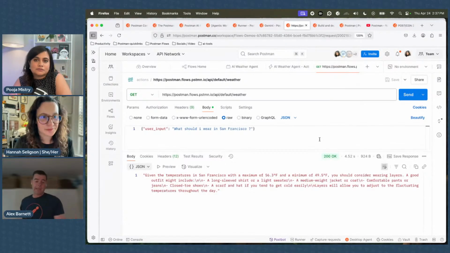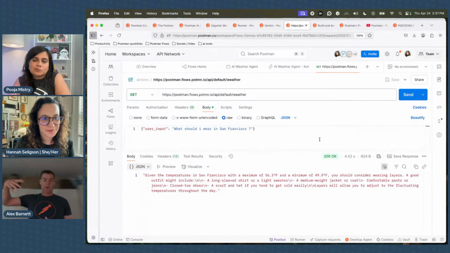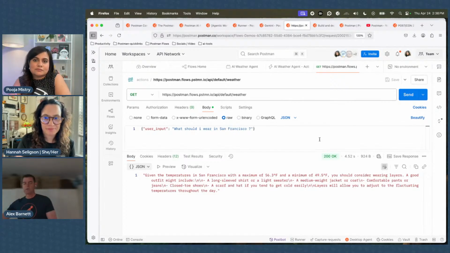Okay, now I've got a web page. I built my web page. I've created a simple chat box where I can ask my question and click go. You can deploy that on your own website, on your own stack, and all the rest of it. And behind the scenes, you're able to leverage that workflow as another endpoint, as another API, and then you can transmit that.